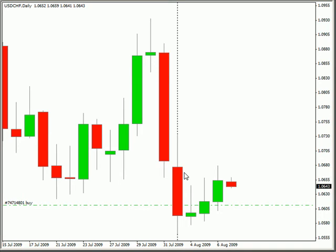Now, we had the pound and the euro release their rate decision. The pound held rates at 0.50% and the euro held their rates at 1% as expected, so it really didn't affect the market all that